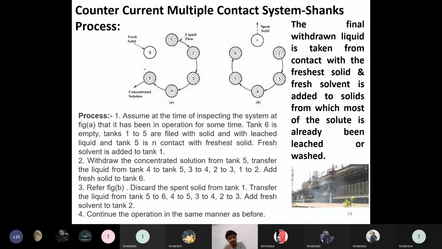Yeah, just read this one in the notebook. There are also further steps. I have just summarized it in limited steps. This is also very understandable, but the elaborate version from the textbook we have given in the notebook, so read that once again. It is very easy, just a small twist is there in this operation. If you understand that twist, you can explain it in your own words.